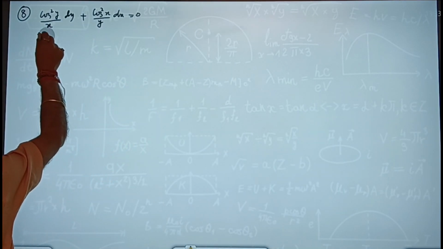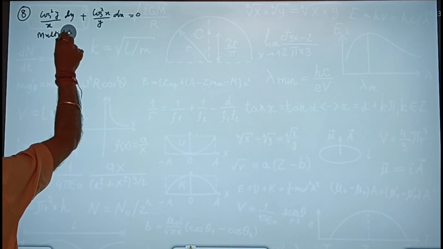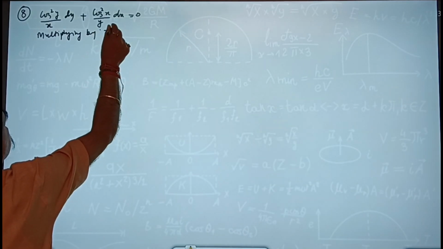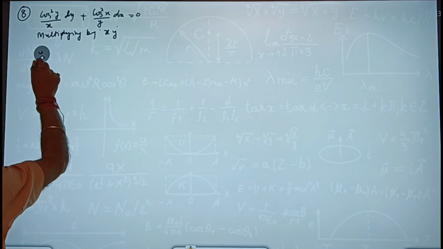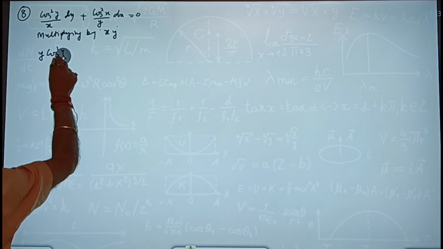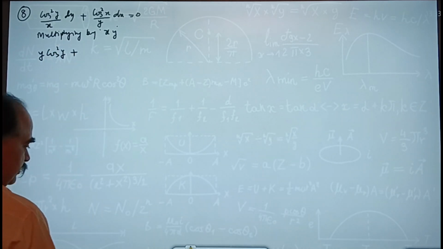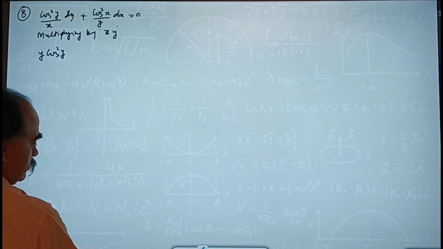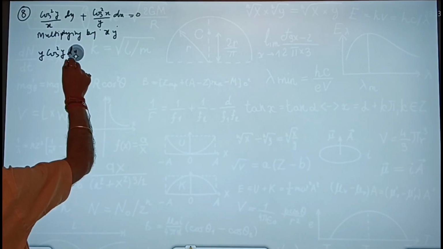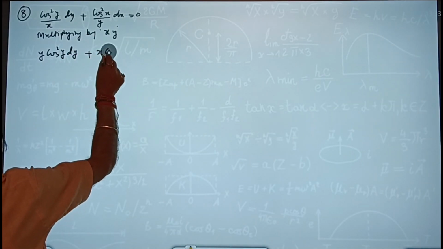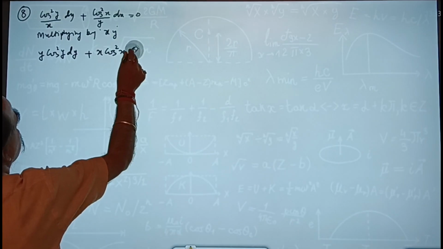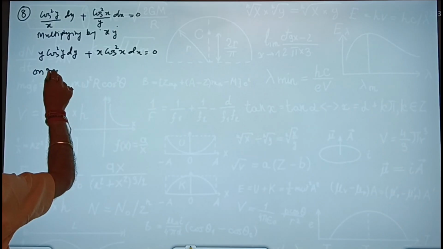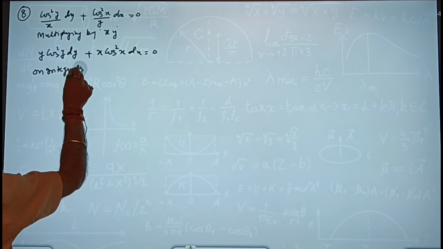Multiplying by xy, y cos square y dy plus x cos square x dx. On integrating we get